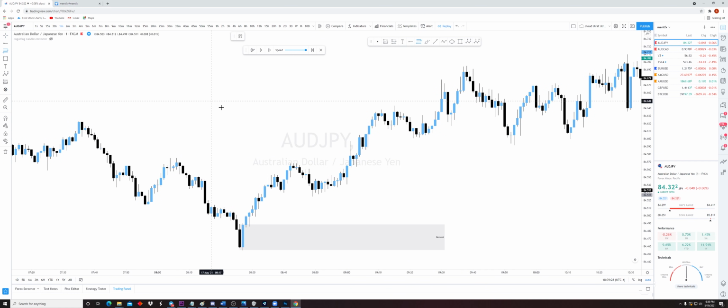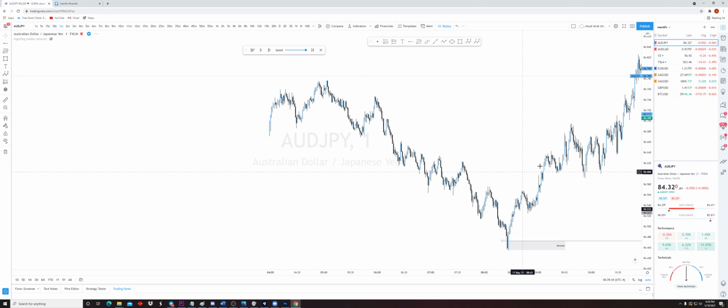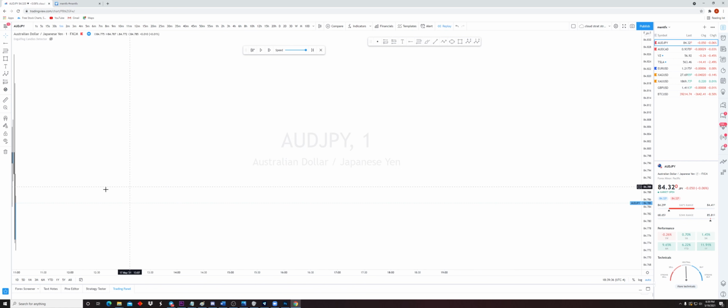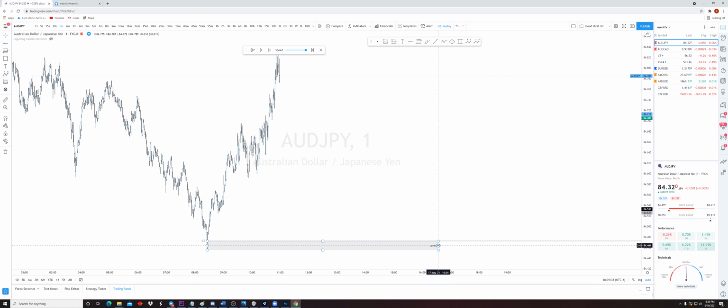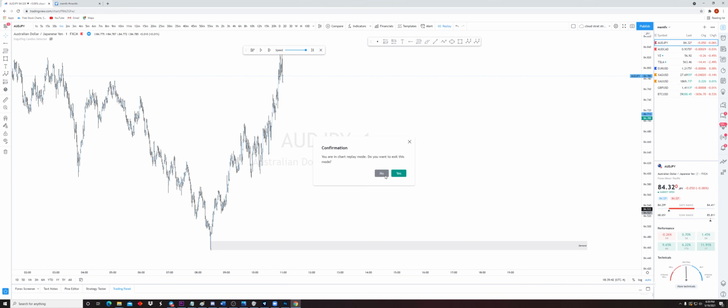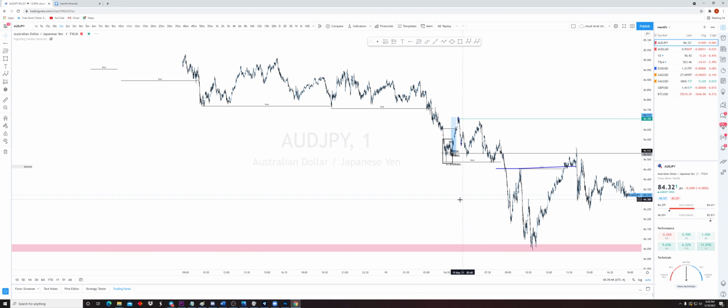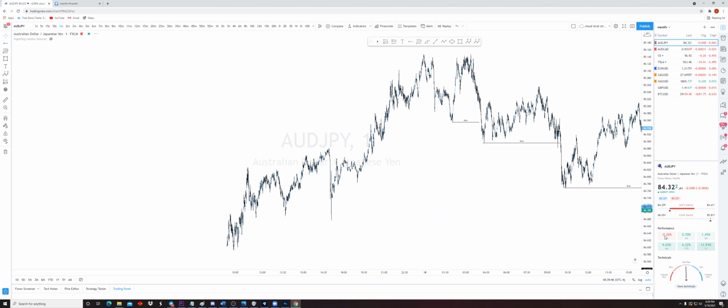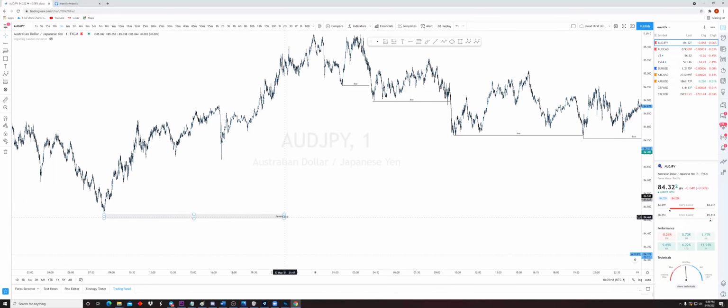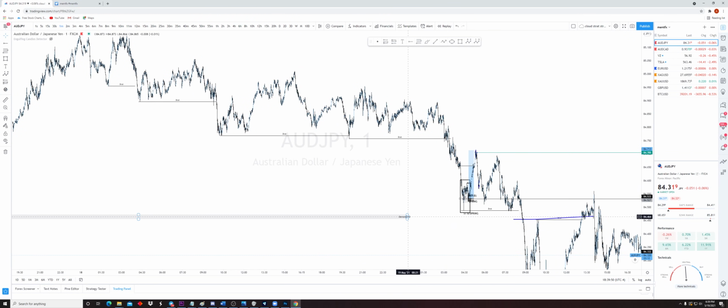So if we use the same tool we've used in the past, where we take the 50% of a zone like that and use that as the refined zone that has not been mitigated yet, then we potentially have a zone where we can look for buys, right? And this is how you get fractal and very low time frame confirmations on certain